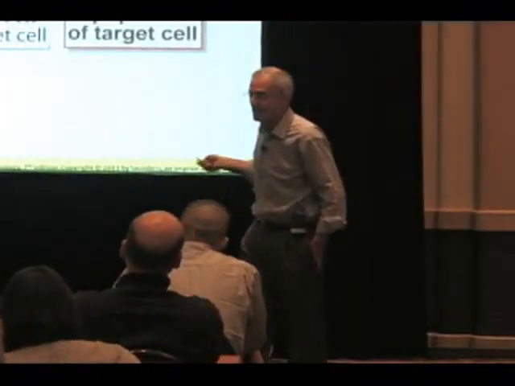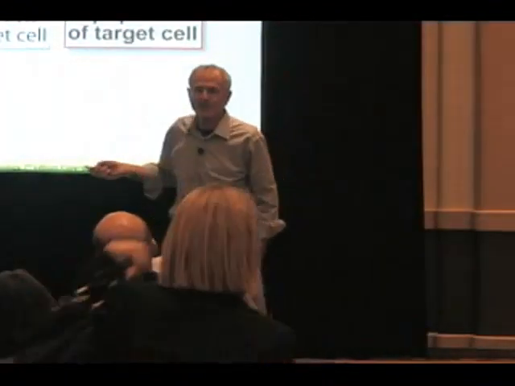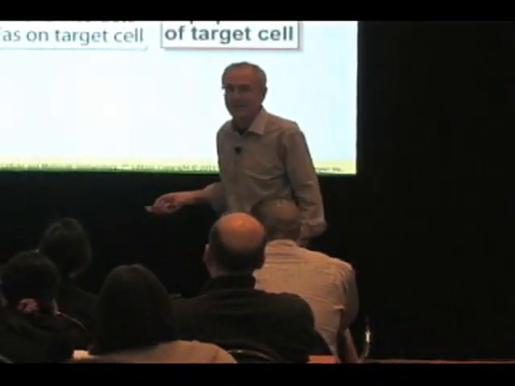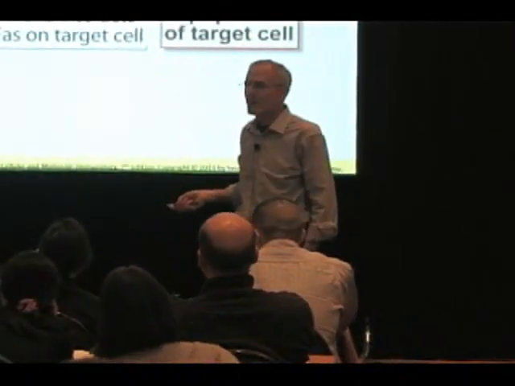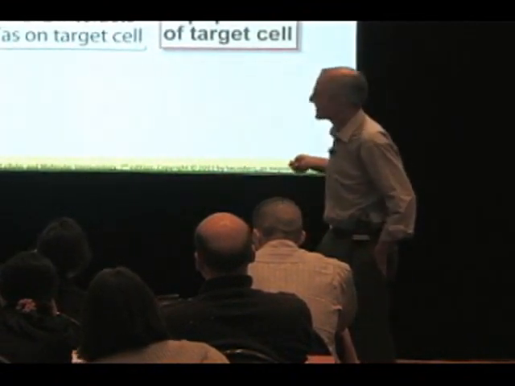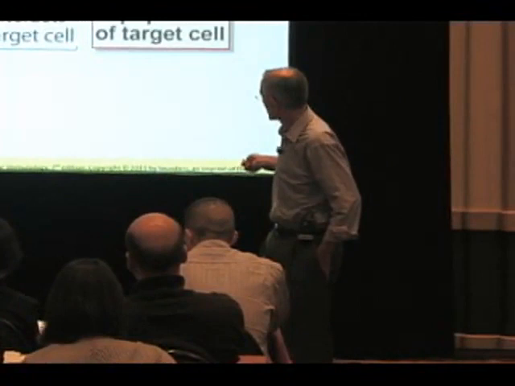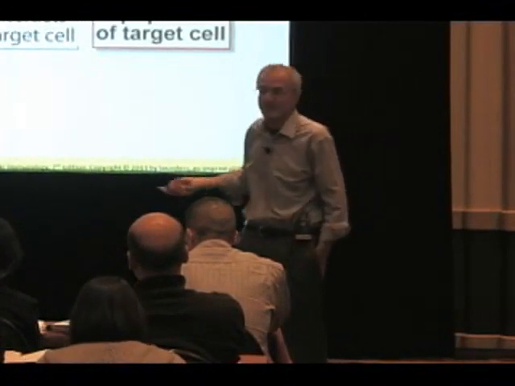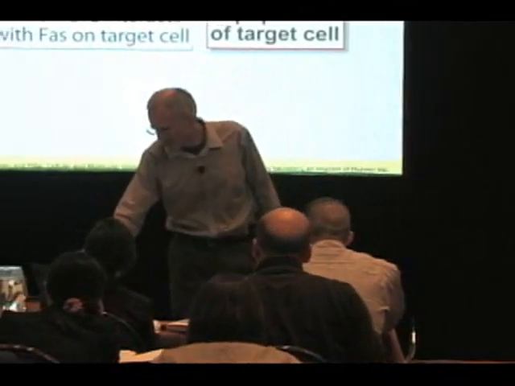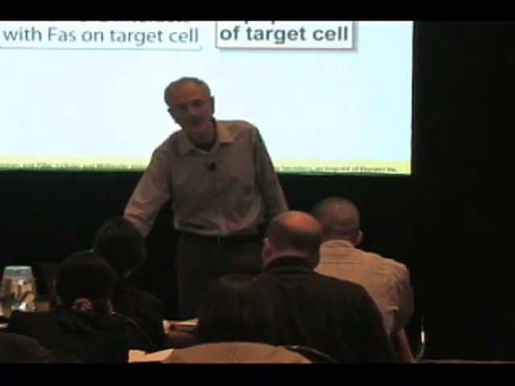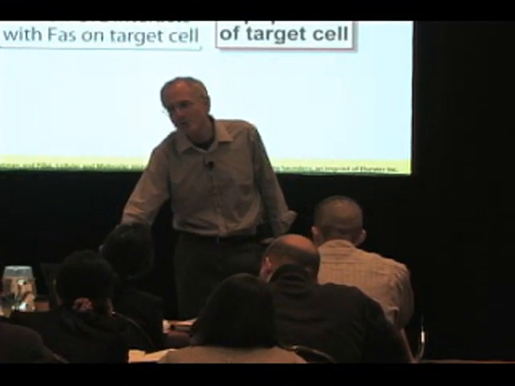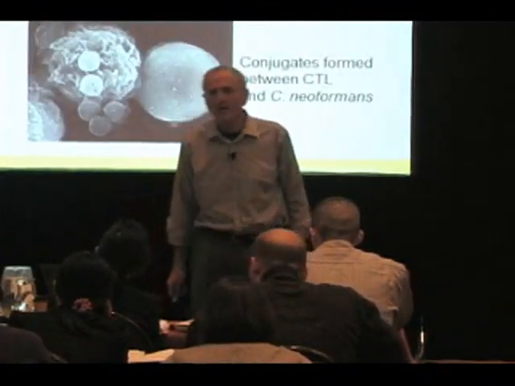So just to mention that there's other ways that a CTL possibly can kill a target cell, by death receptors such as Fas and Fas ligand, which I won't go into, but these are, again, members of the TNF family and TNF receptor family that have signaling. The Fas downstream has signaling that induces apoptosis. And there's some evidence that we know that activated CTLs have Fas ligand. Mouse models don't show a major role for this pathway for death. Okay, so that's how